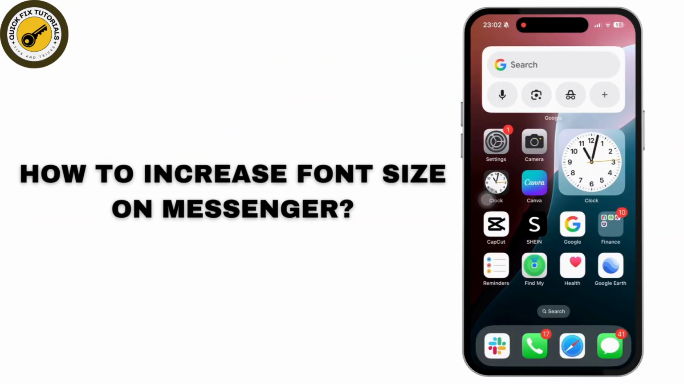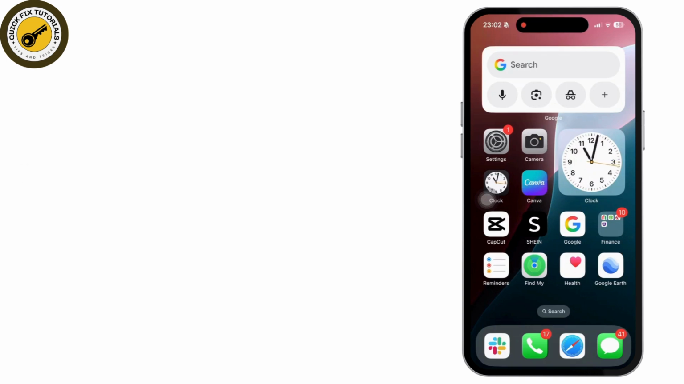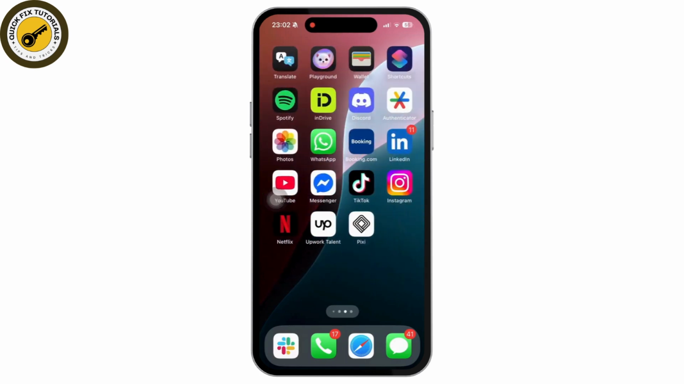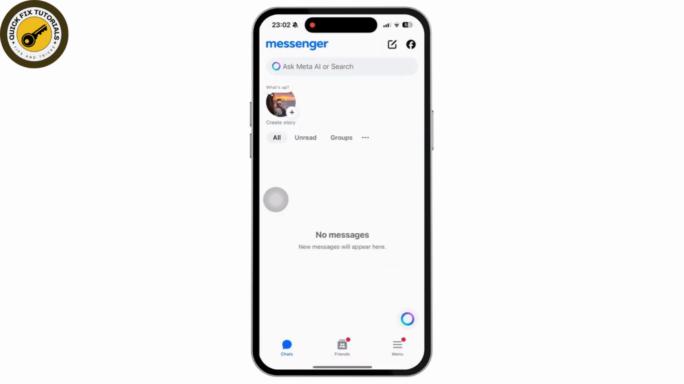How to increase font size on Messenger on your iPhone. So let's get started with the tutorial. First of all, let me simply open the Messenger app and you can see this is my current font size. Now in order to increase it, let's go to the home screen and look for the Settings app available there